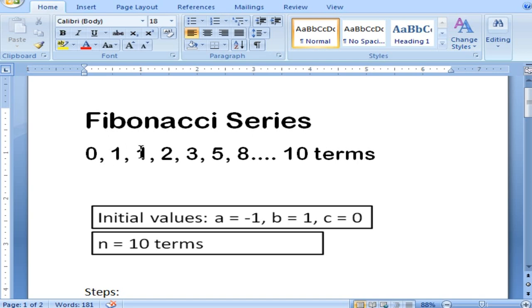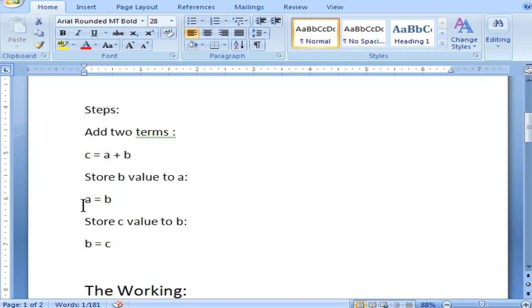Once you get c, to get the next value, you have to replace the a value, that is -1, with 1, and replace the b value with the c value, so that you can keep on adding the terms and move on. So that's the reason you are storing a equal to b and b equal to c. These are the steps you are going to execute till the n value becomes 10.